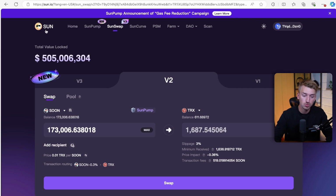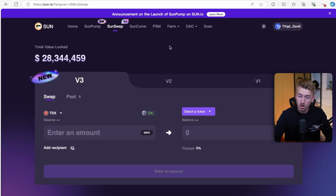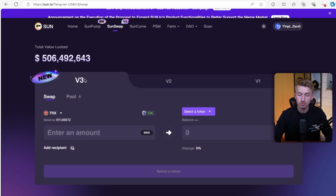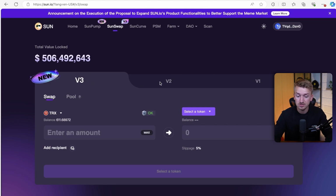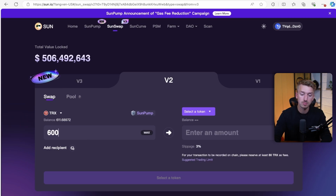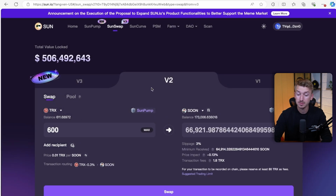Solana, they have SunSwap. Basically, Sun.io, that platform is your go-to platform for basically anything on the Tron network. If you go to SunSwap, you have the V3 version. A lot of tokens are not yet listed on V3, or they don't have liquidity on V3, so you might need to use V2. Basically, just type in the amount of Tron you want to buy and then add the token address. For example, you have Soon right here, so I can buy Soon with 600 Tron. That gets me 67,000 Soon tokens, and just click swap, and that's basically it, just like swapping tokens on any